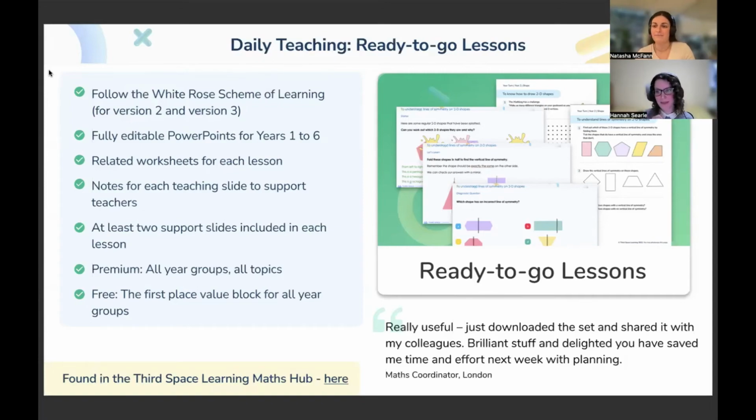That actually reminds me of something that I did forget about the Ready to Go teaching lessons. There's just so much that's within them. We have at the beginning, before all the teaching slides, one diagnostic question for every single lesson. You could take this and you can put it anywhere within the lesson, at the start, in the middle, so that you can assess where your children are with the learning for that lesson, which I think is a real strength as well. Yeah, it's really helpful when you can then tailor the pitch and pacing of the lesson based on that initial